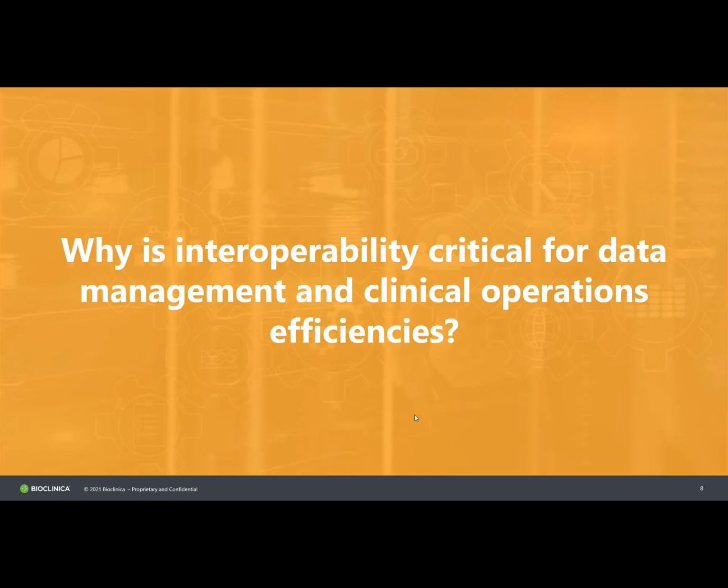Let's move on to the next question. Go ahead, Rick. Why is interoperability critical for data management and clinical operation efficiencies? Well,